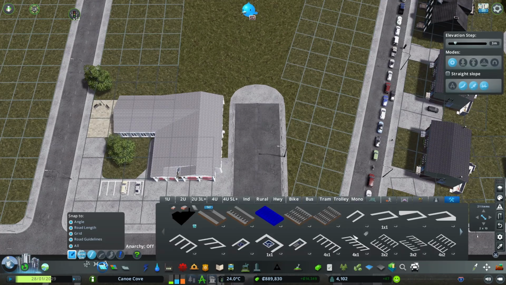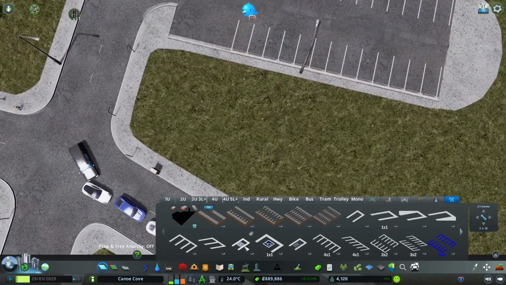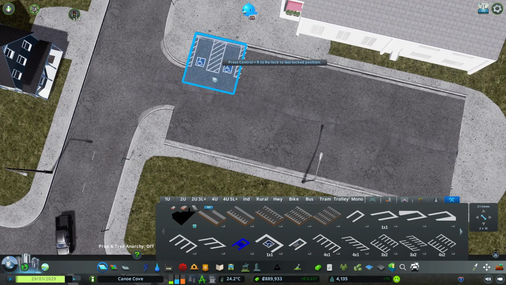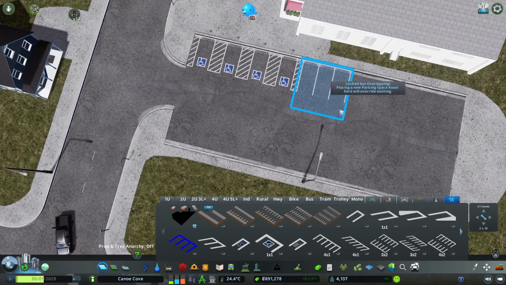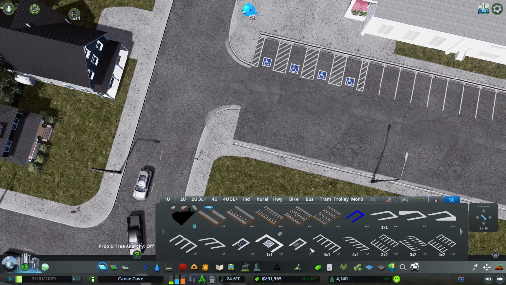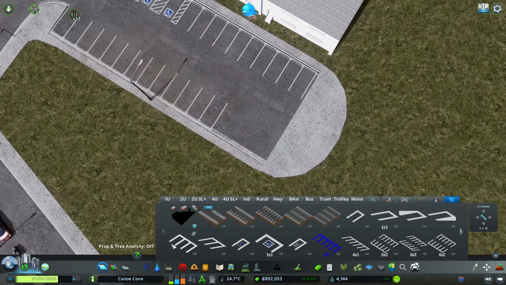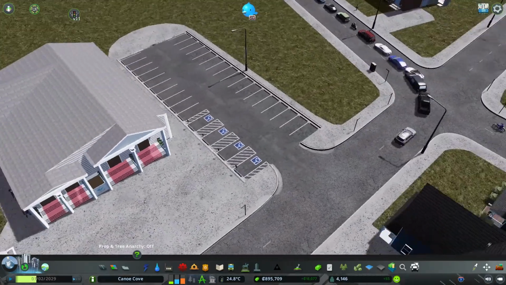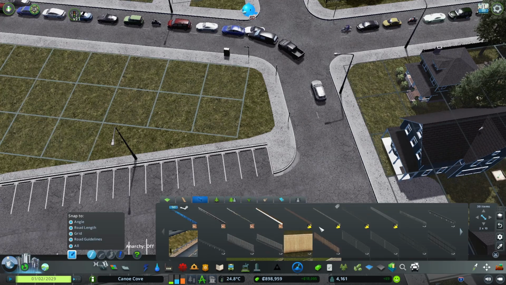Just add the parking spots. Let's add some blue spaces. Alright. Let's put the blue ones in first, just because they have these edges and they look a little weird if you don't snap up to right against them like that. That looks pretty good. Now this is the kind of place you probably want some privacy, so let's put in